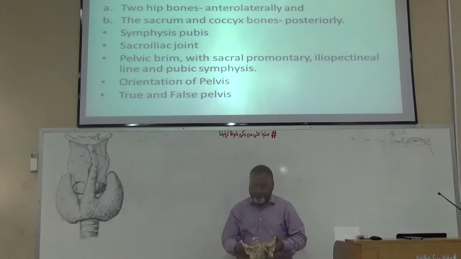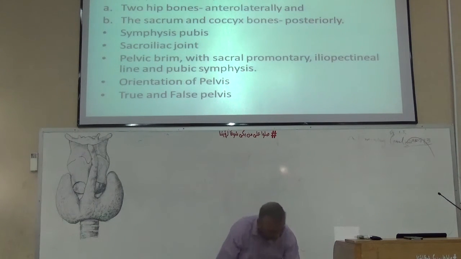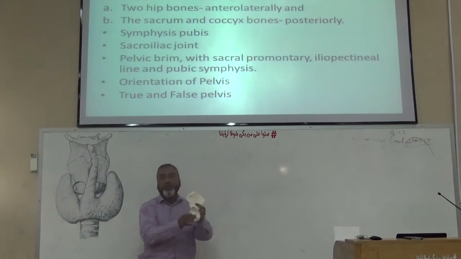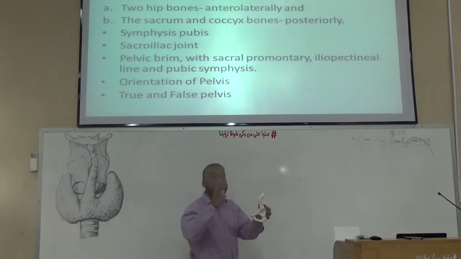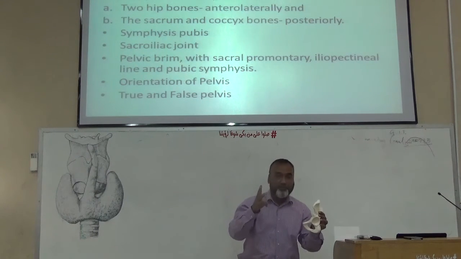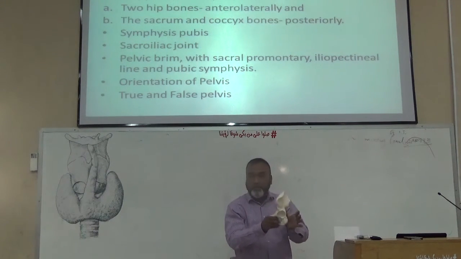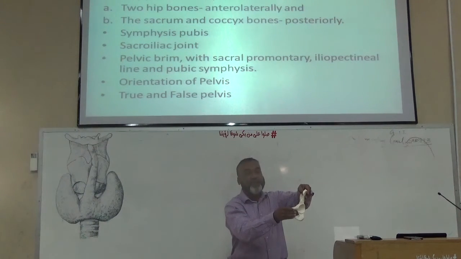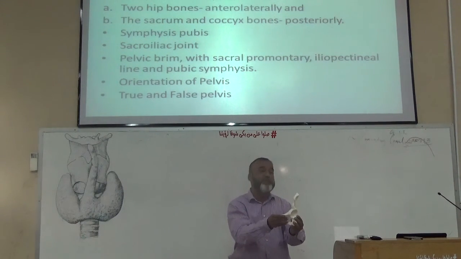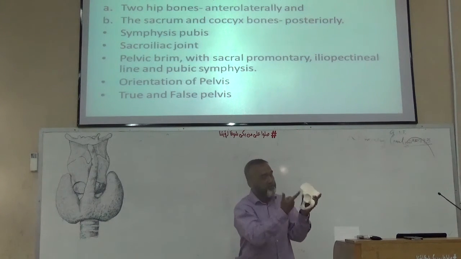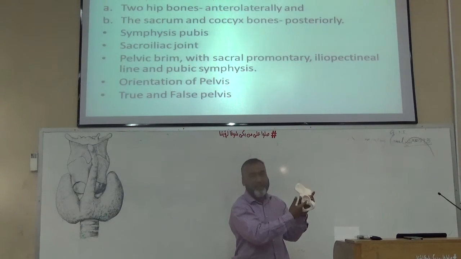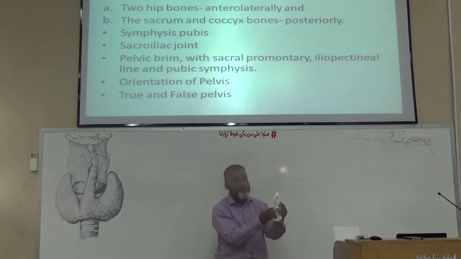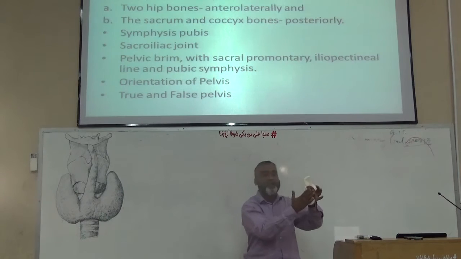Now if you see the two hip bones, first a revision because you have already done the hip bone. They comprise three different bones. What are these three bones? One is the iliac bone. Anteriorly we have the pubic bone, and posteriorly we have the ischium. Embryologically, there is an interrupted line in the acetabulum where the three bones unite.